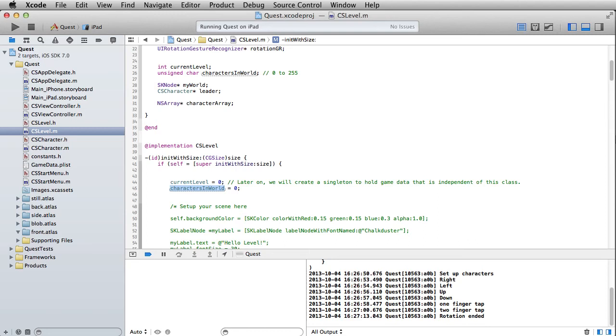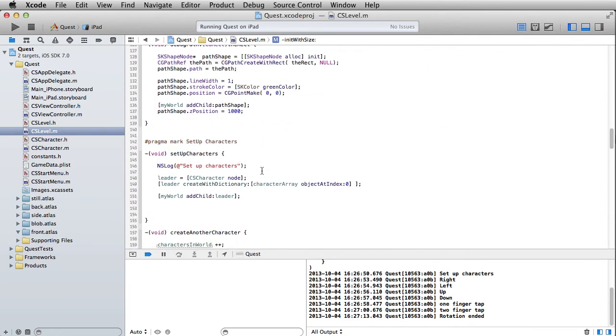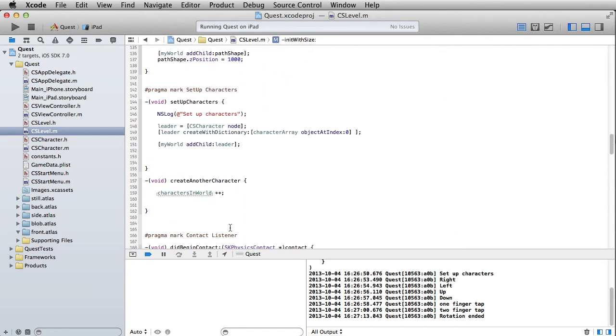And now, when we've created our first one, oh, actually, come to think of it, no, we don't have to do that. I was going to say we should add 1, but if we do that at the top of our method, that'll happen right away. So that equals characters in world plus 1. That's a little shorthand for that. So at this point, it would equal 1,